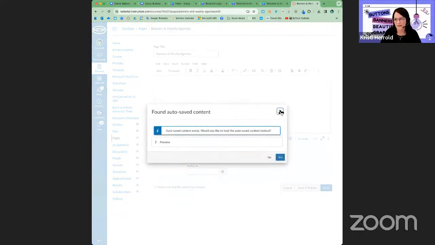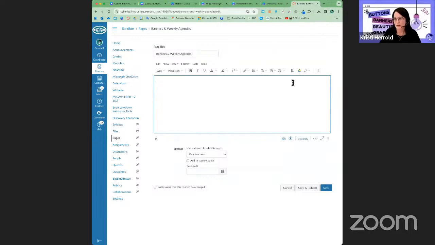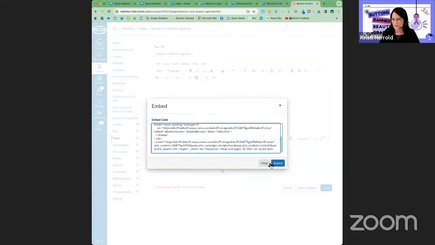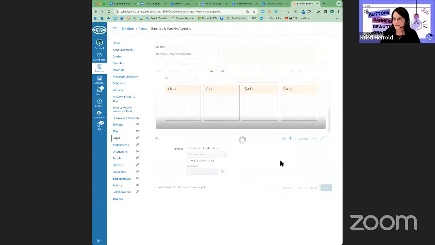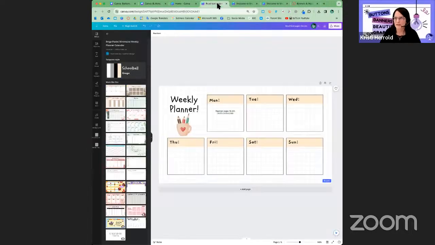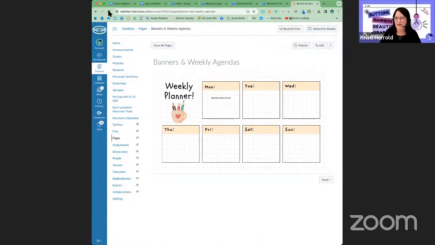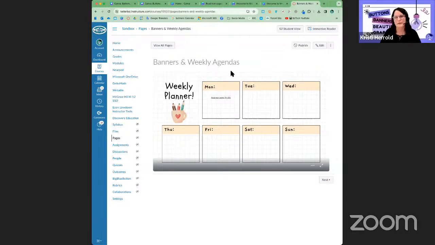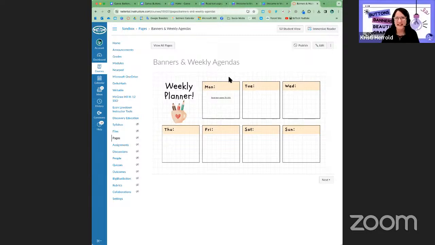Oops, actually, it's not happy with me because I never saved the first time. So let's do that again. Let's add that embed code. And let me save. Perfect. And now if I refresh, let me go back and make sure my changes are still there. Come back and refresh. Well, it's not wanting to work today, but it will. Trust me. It does sometimes take a few seconds for it to talk to Canvas. So we'll come back and we'll look at that in just a minute, but it will be like a live